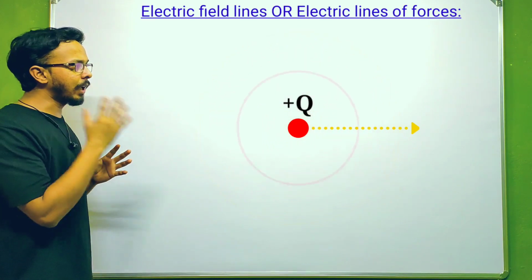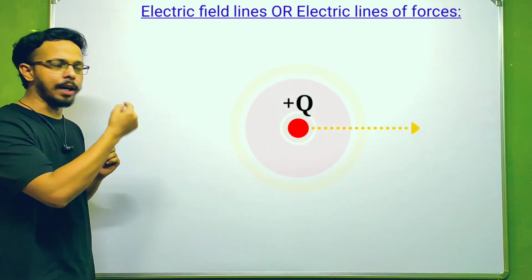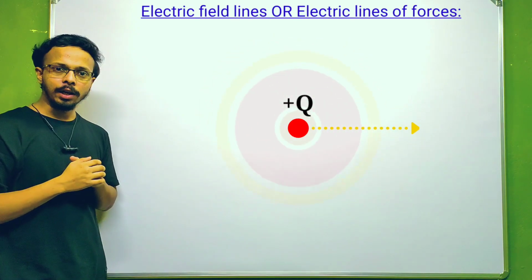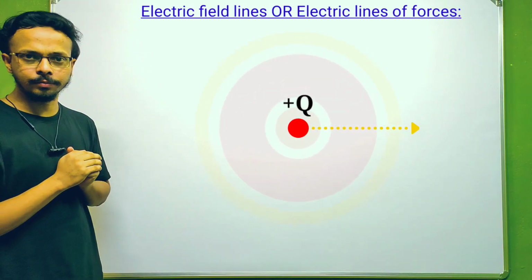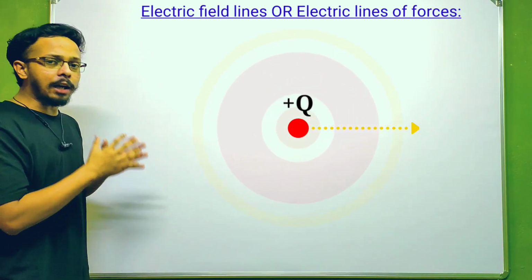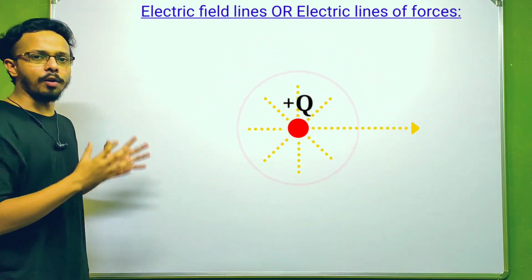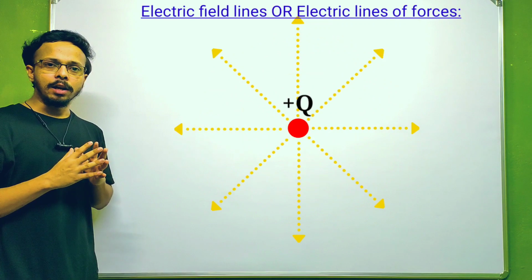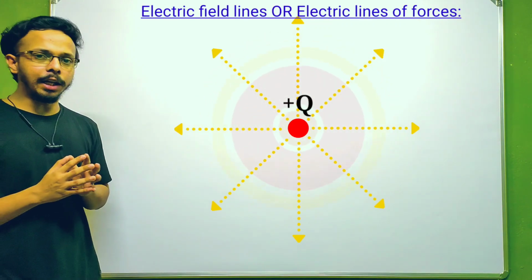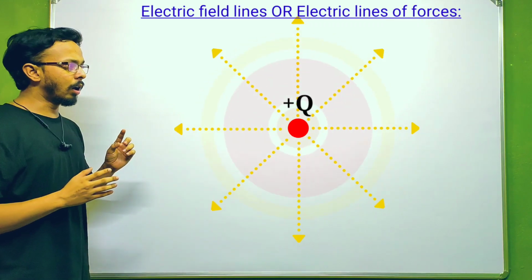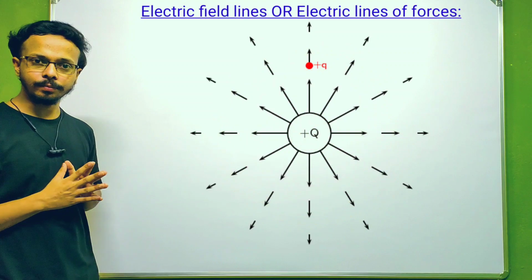That test charge followed a straight line path, and it moves away. Again, if you bring one, it follows a straight line path and moves away due to the repulsion. And that path followed by the test charge we can draw surrounding this charge. And how can we draw this? In a classical way, the electric field lines you can draw surrounding this positive source charge like this.